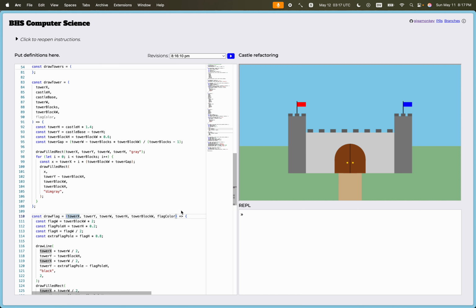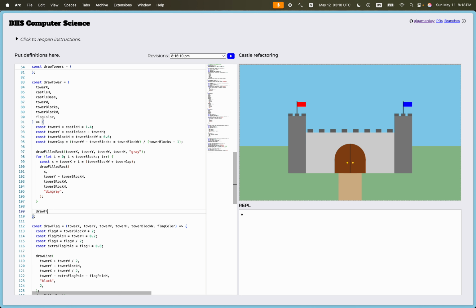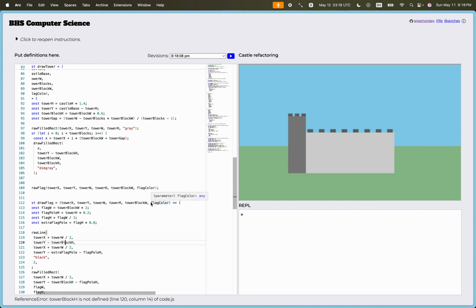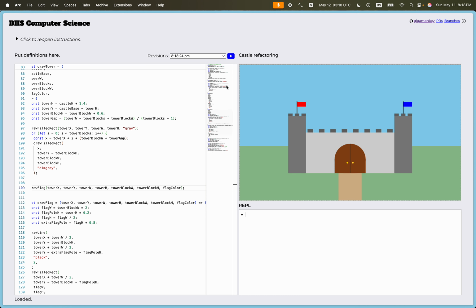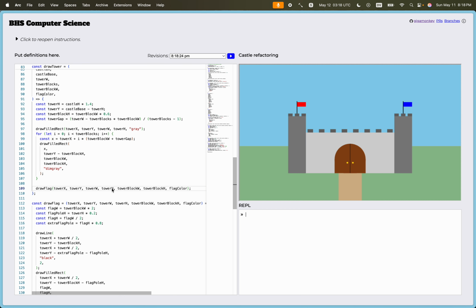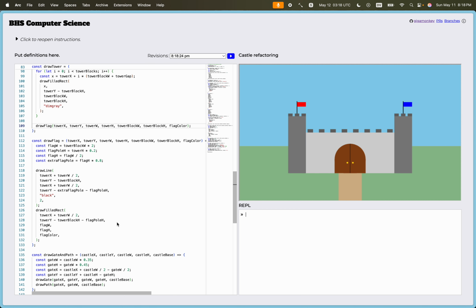Okay, and so now if we take that out, now we can say draw flag. What did I do? Tower block. Oh, also needs to know that. Tower. Okay, so this one I don't love how many arguments it takes, but at least we got to move these 4 variables down here. And now we can also start